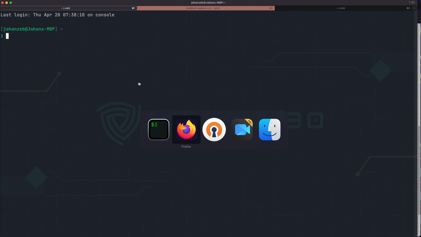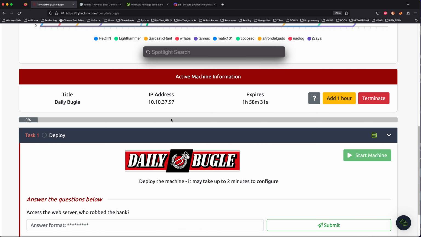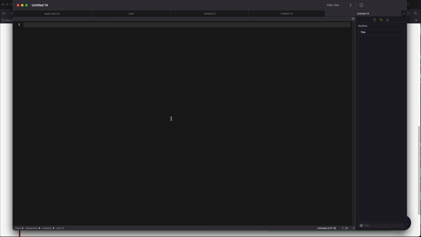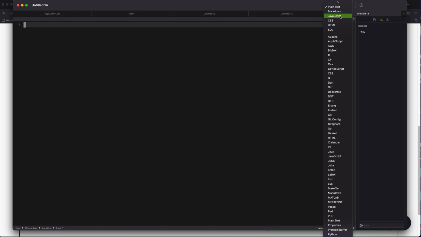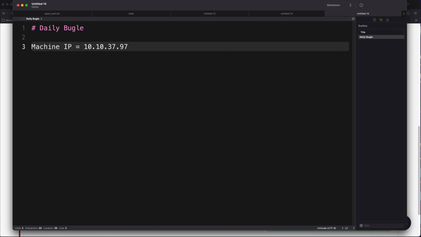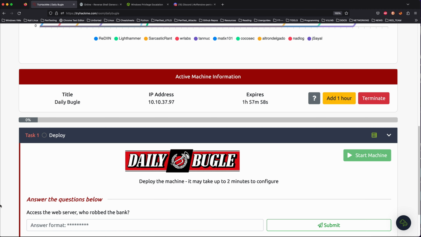So let's see कि machine जो है वो available हुई है कि नहीं। So now we have the IP address। तो first let's copy the IP address here। इसके अलावा जो है, मैं जैसे यही मशीन करता हूँ, तो I normally make notes as well। So let's also ready the text editor here। Okay, so now we have the text editor। We have pretty much everything we want to start।